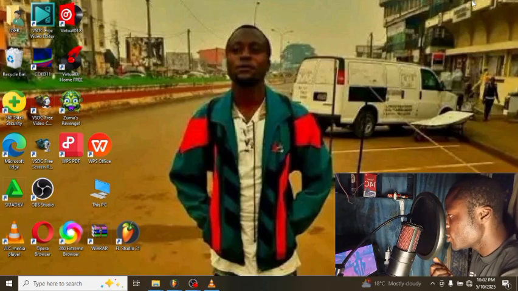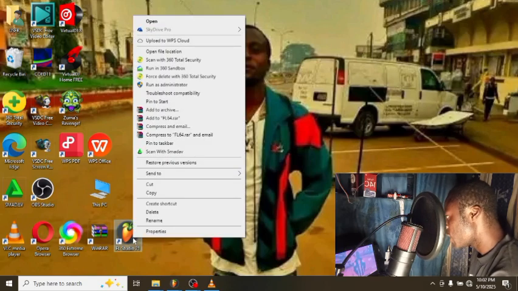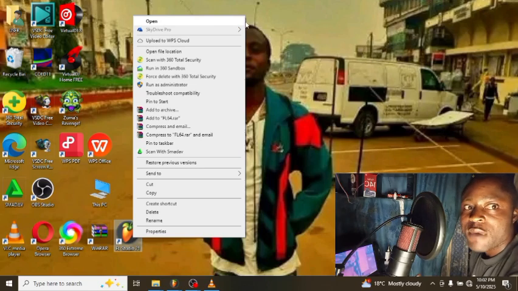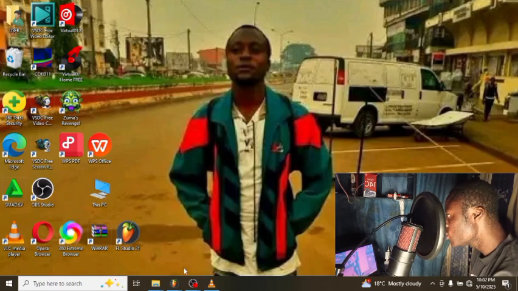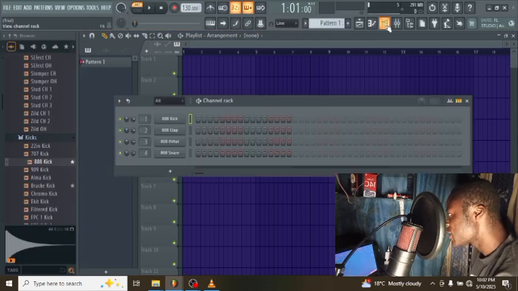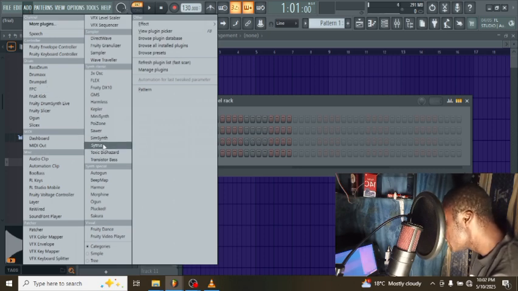When launching your FL Studio, make sure you put your cursor like this, right click, and just press open here. But for me, I have already launched my FL Studio. So, I'm just going to enter here like this, click on my channel rack, and click on add. Today, I will be using this plugin called